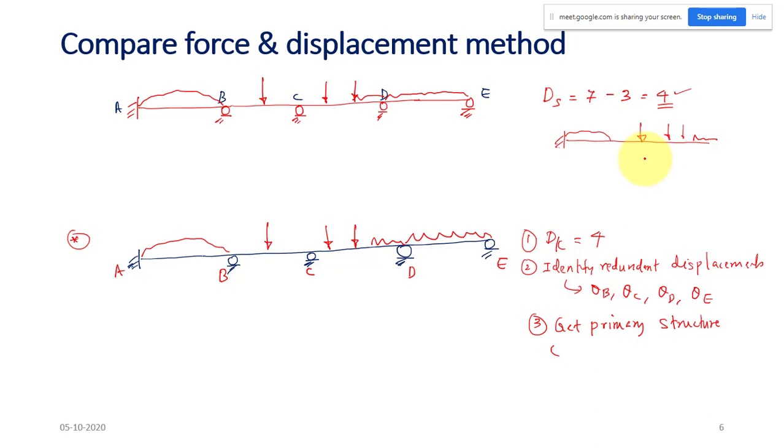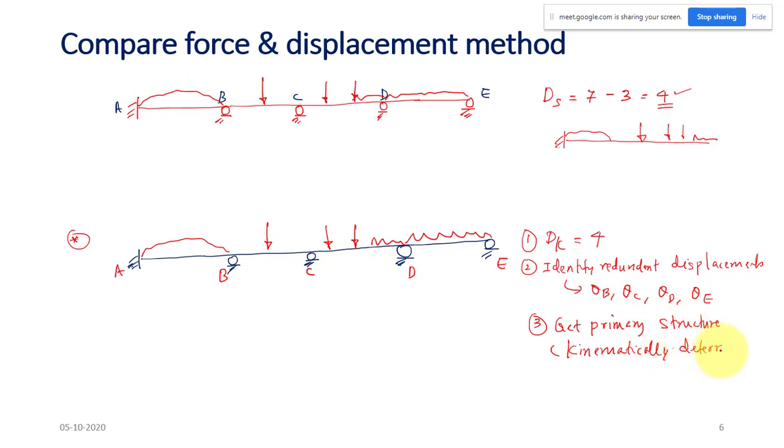Okay, I will tell. Here the primary structure is statically determinate, and here your primary structure will be kinematically determinate. Okay, kinematically determinate. So I will explain this. Here the cantilever beam is statically determinate, but this cantilever beam is not kinematically determinate. There is some degree of freedom there. At the free end there will be three unknown displacements. That is kinematically indeterminate. So here it won't become the cantilever method. If the cantilever becomes the primary structure, that means we are doing the force method. So here the primary structure will be kinematically determinate.